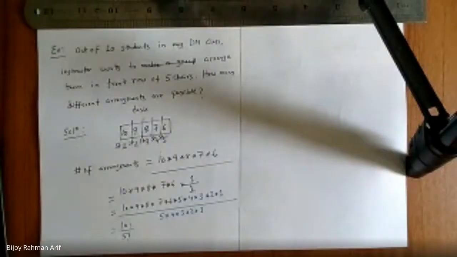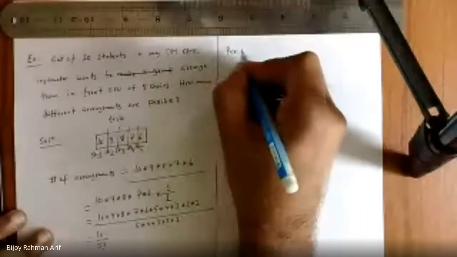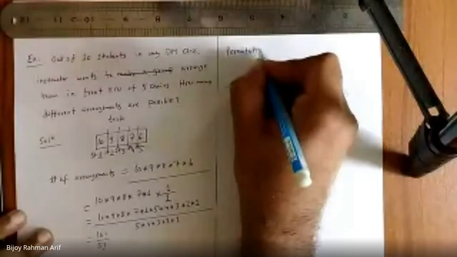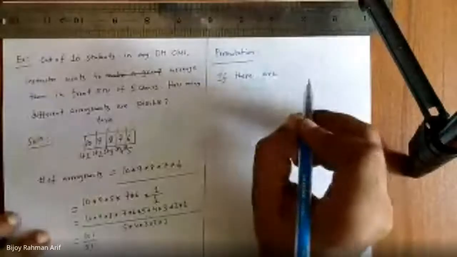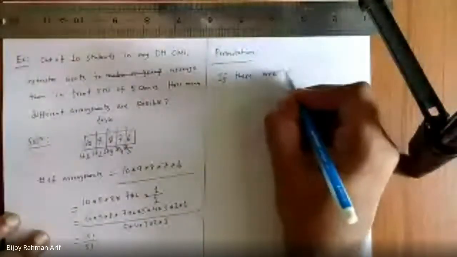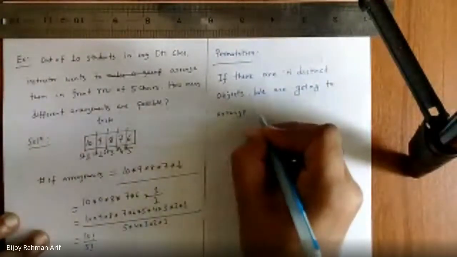All right. Okay. So let's define formally the permutation. If there are n distinct objects, we are going to arrange r objects